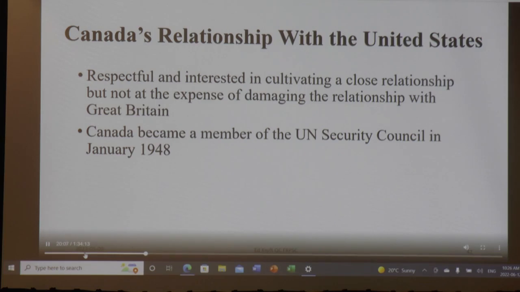But Canada had a different relationship with the United States. It was close. Canada was interested in cultivating this relationship, but Britain always came first. Canada was assisted in becoming a member of the UN Security Council by the United States. Some would suggest this was to further the interests of the United States on that council at the United Nations. But Canada did have a close relationship, and part of the politics of non-commitment, part of the diplomacy of prudence, was that Canada had to balance the relationship between Canada and the United States, and you will see that reflected in the drafting of postal circulars with Israel in short order.